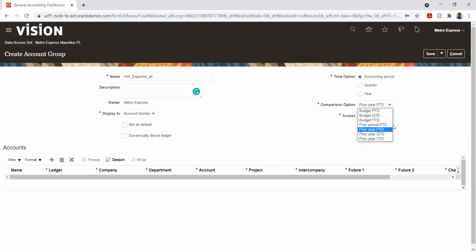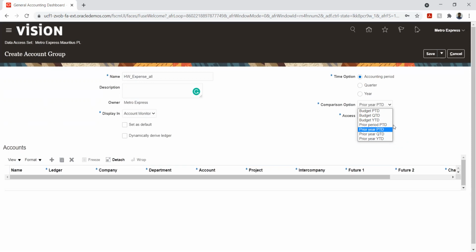So instead, I'll take prior year PTD, which means if I'm in the month of, let's say May, the system will validate for the month of March, and it will tell us whether there is a change. And if there is a change, it will give the amount, and also it will give us the percentage, how much percentage it has changed. This way, I'll be able to identify and track my expenses in a very detailed manner.